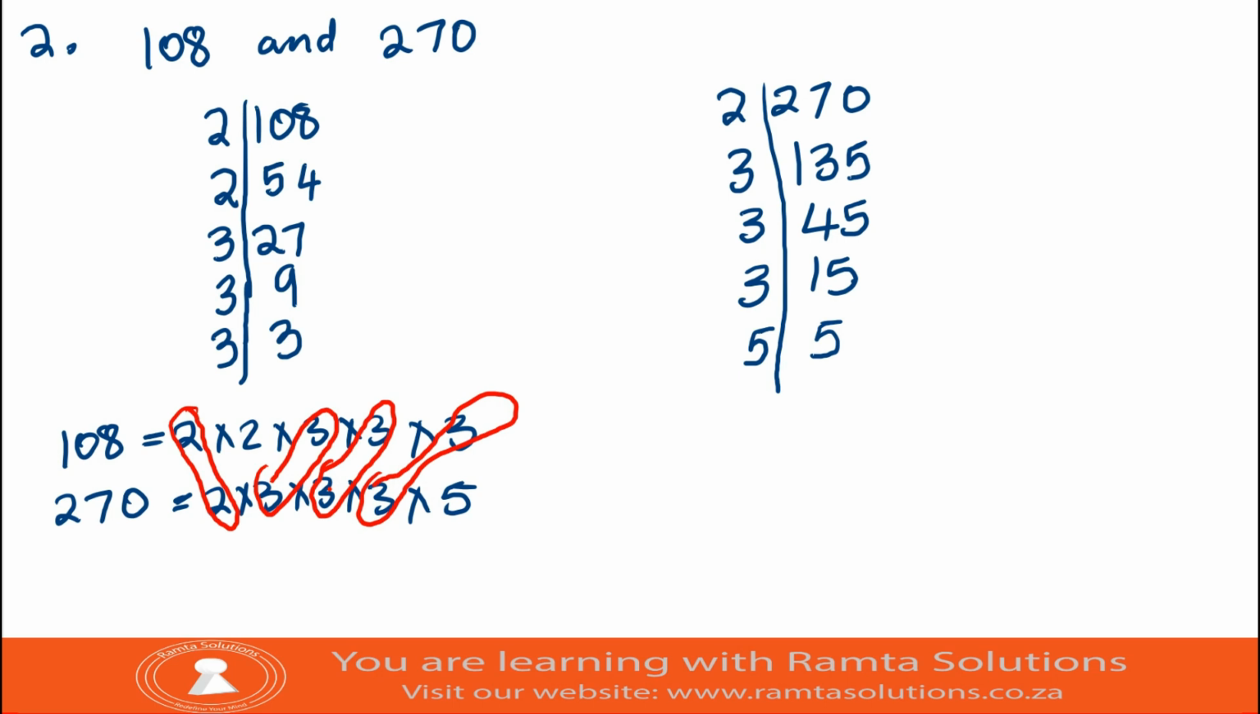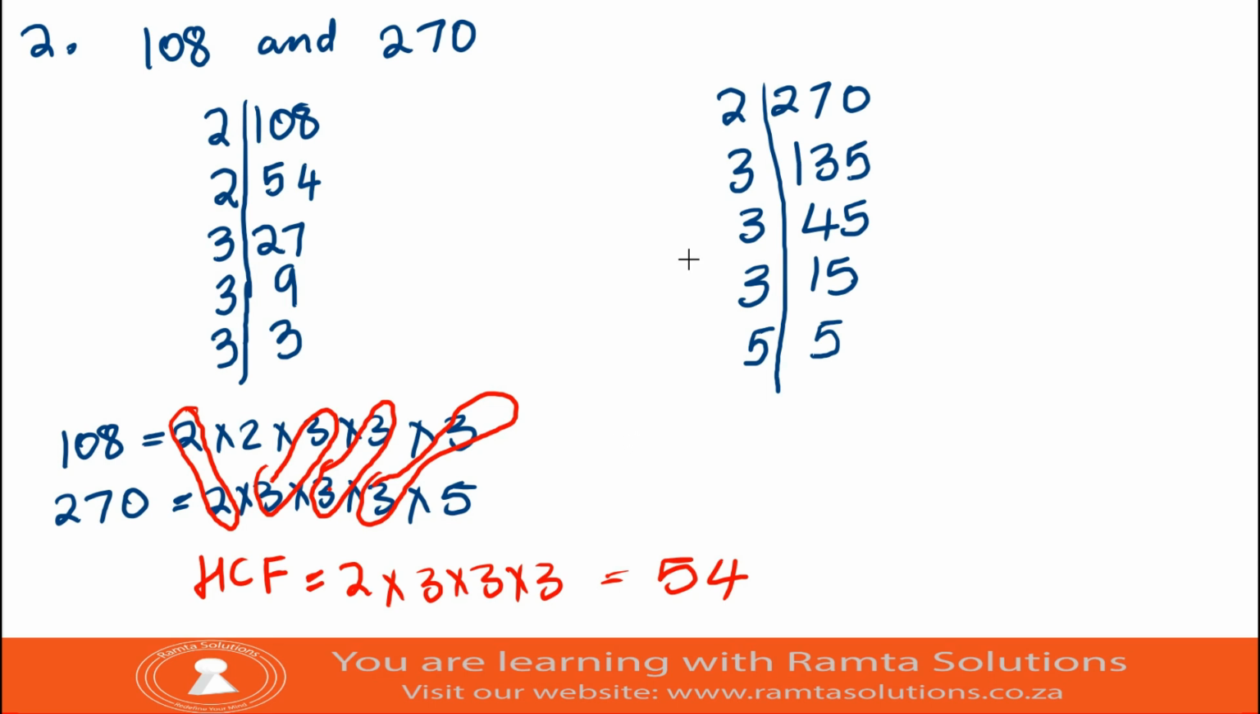So what is our highest common factor? Our highest common factor is 2, common once, and 3, common 3 times. Alright, now 2 times 3 is 6. 6 times 3 is 18. 18 times 3 is 54. So this is your highest common factor. Okay,